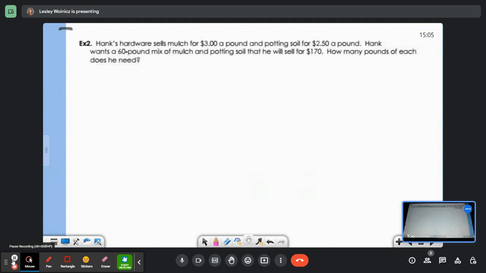So I want you to think about the question. How many pounds of each does he need? And I want you to write the let statements. Define your variables. Okay, what did we get for our variables? M and P. So we're going to let M be pounds of mulch. Good. Okay, and then P is